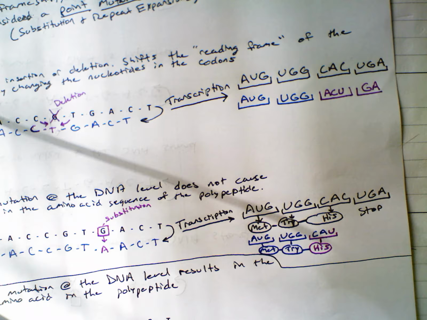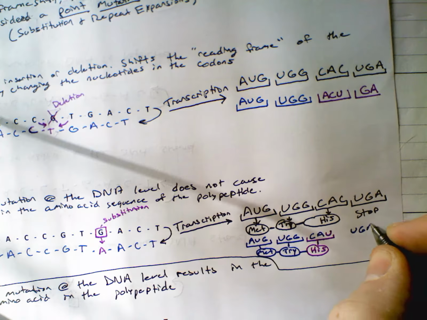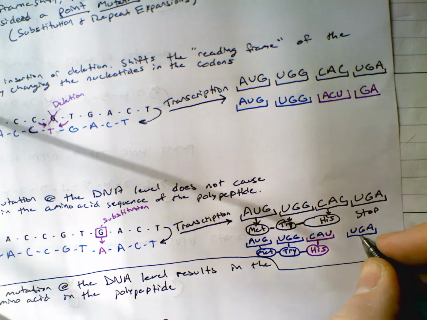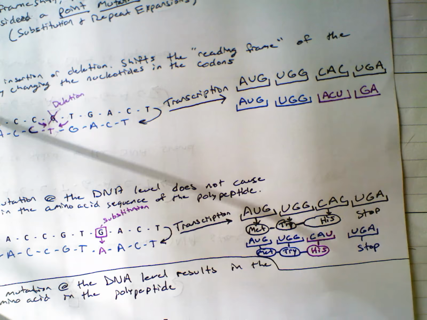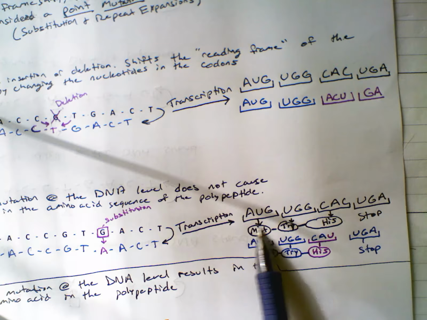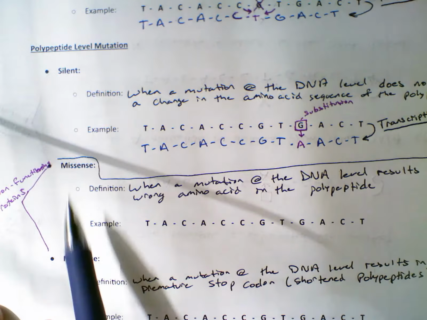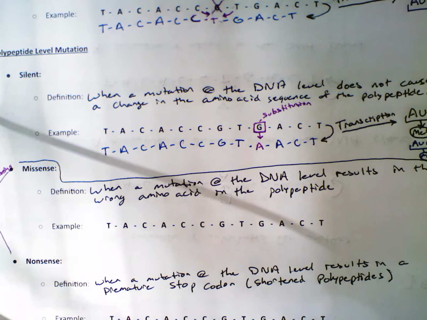What does UGA get us to again? Yep, so we still get our stop codon at the end. Okay. Yeah, we're going to finish this tomorrow. So here we have a silent mutation. What we'll do tomorrow is we'll go through an example of missense and nonsense, but at this point, you should have enough information, along with the notes in the virtual assignment, that you could go through